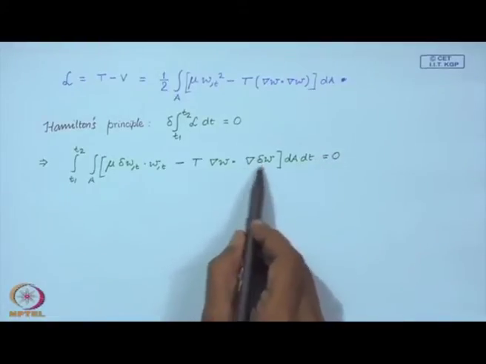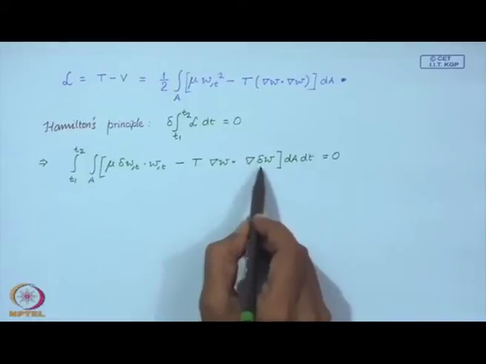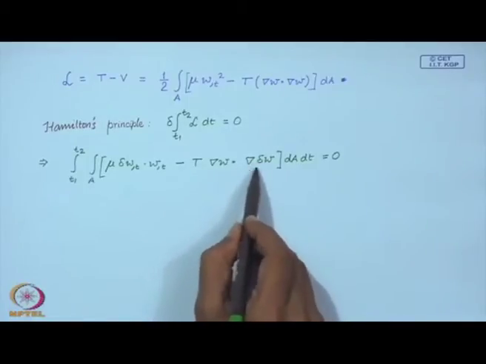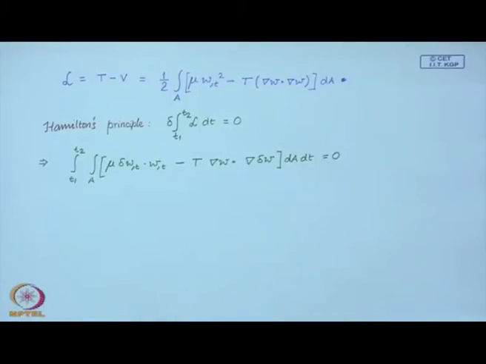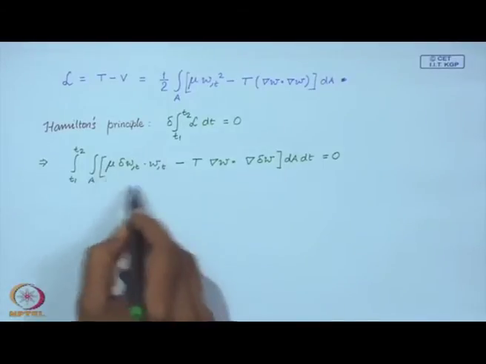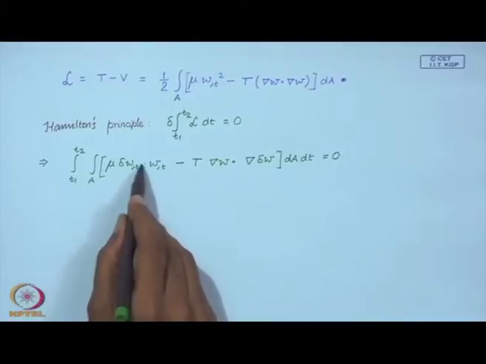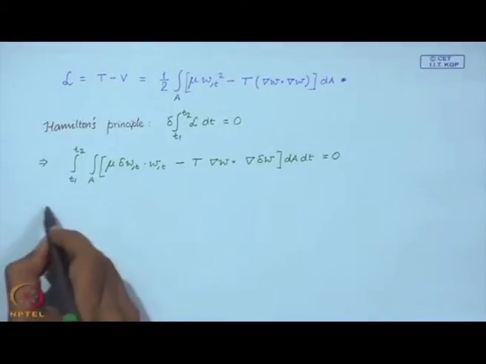Now here I have used this property that the variational operator commutes with the gradient operator. Now, this term I will integrate by parts with respect to time once,